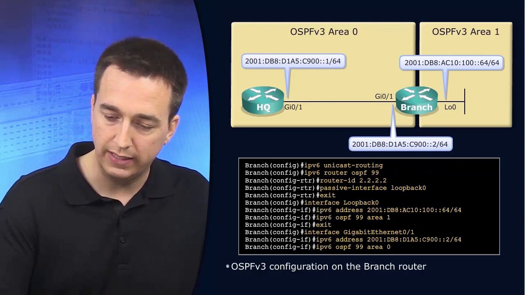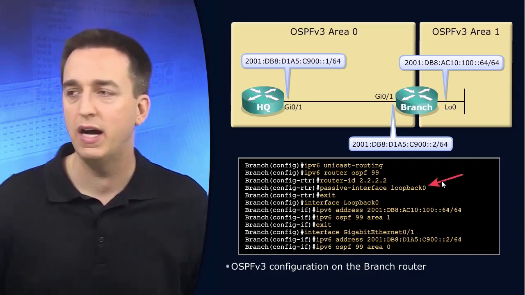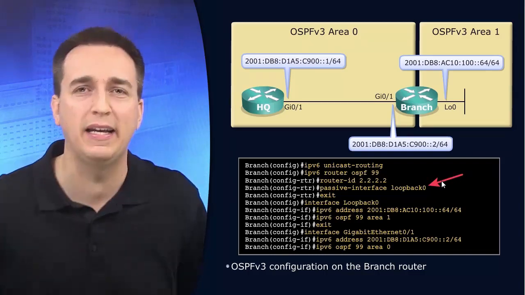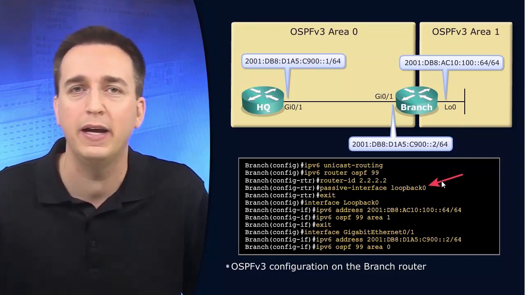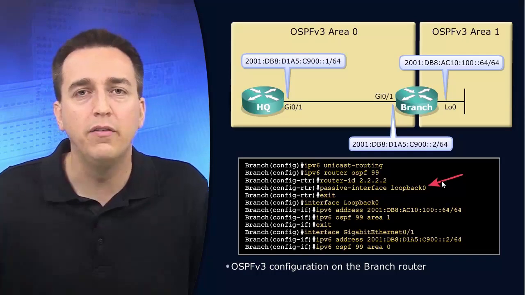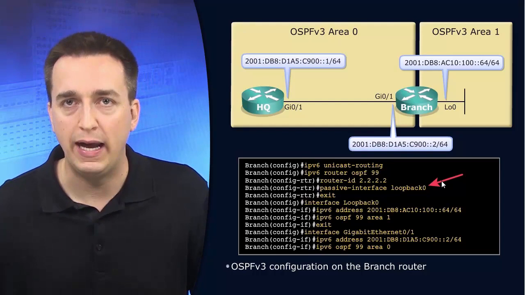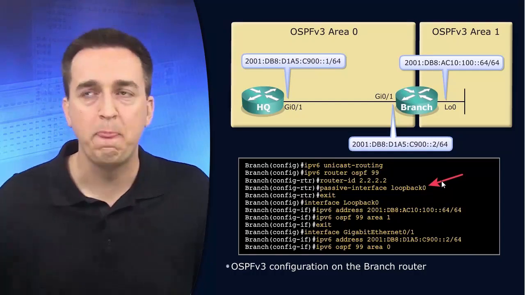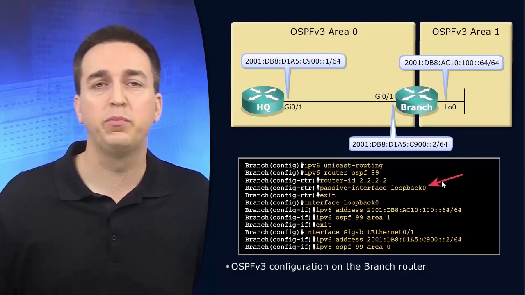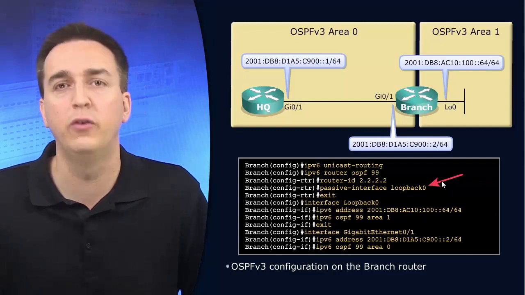Notice they're giving us an example of the passive interface command. We're making loopback 0 a passive interface. Why? Because we don't want to send any hello packets at that particular interface, but it's a loopback interface in this example, so it really doesn't matter if we make it passive. But if it was a gigabit interface, a serial interface, or any type of physical interface where we could potentially send hello packets out of and they be captured, or some other router have the ability to form a neighbor adjacency with branch at that interface, because we're sending hello packets, making that interface passive like we did with OSPFv2